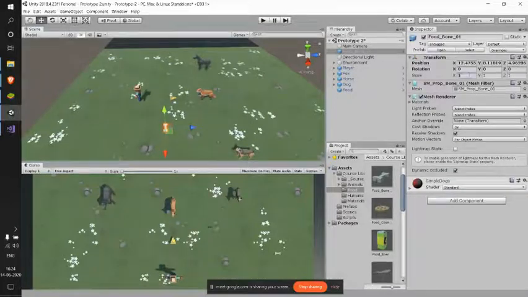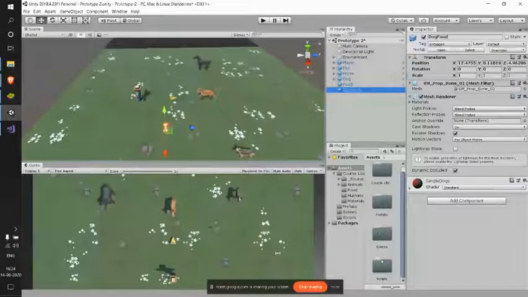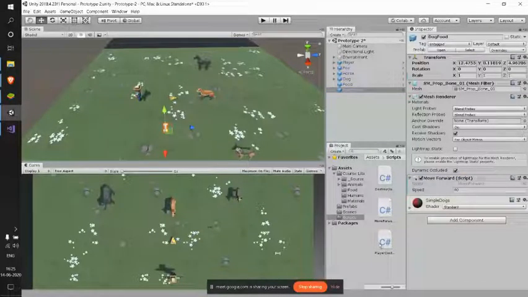Let me rename that as dog food. And to this dog food I'll be attaching my scripts which give it the behavior to move forward and destroy off bounds.